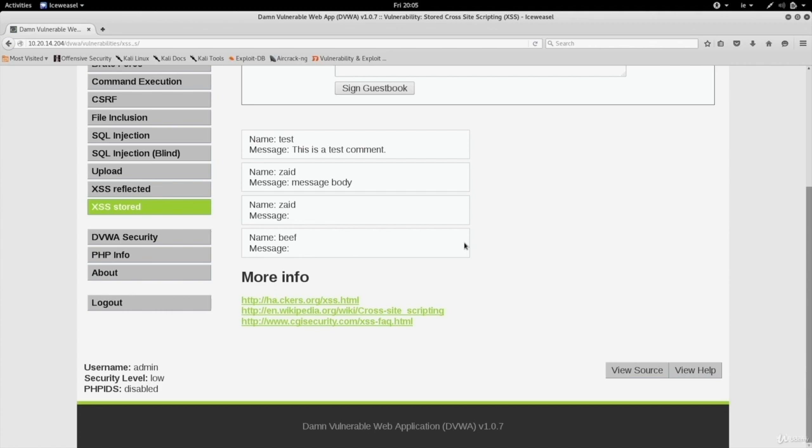So with Beef, we saw that in order to exploit the vulnerabilities, we were showing, for example, a fake update. So if you get a message that there is an update, make sure you actually go to the website that provides that application. So if Firefox said that there's an update,